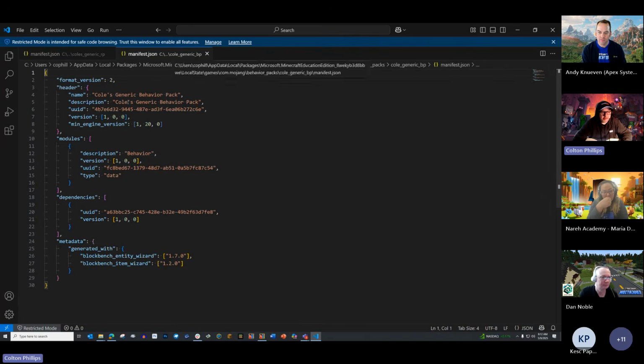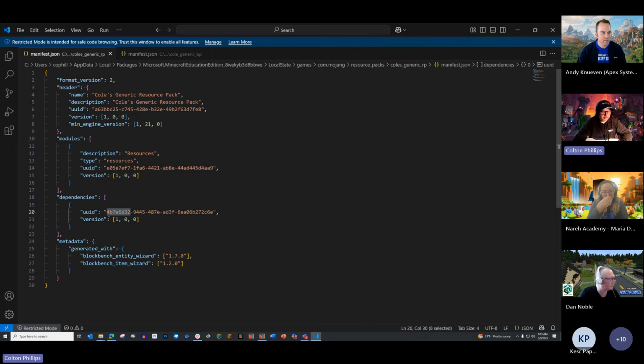If you look over here, this is now the behavior pack. That's this number. So I'm taking the number again. This is another unique number, just for the behavior. But when I create the dependency, I'm going to put this number and paste it in here as a dependency. So what happens is when I load my add-on, that's going to make sure that the behavior